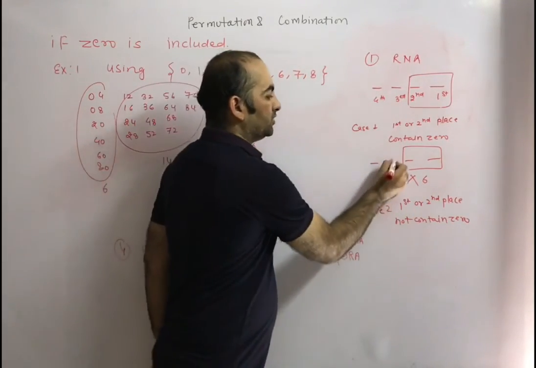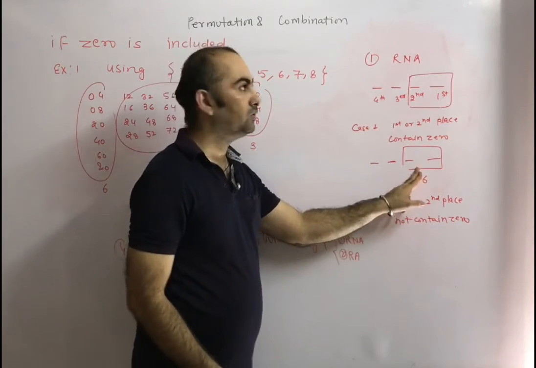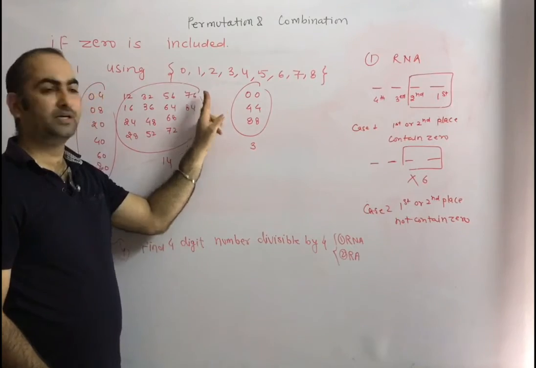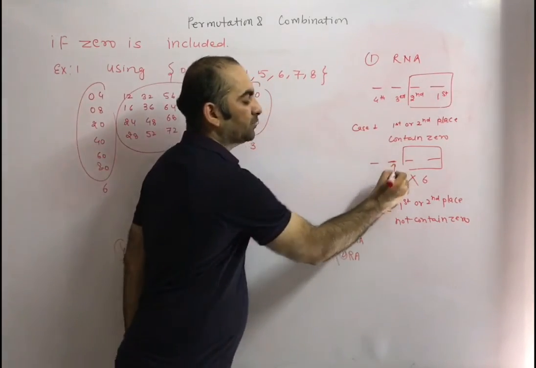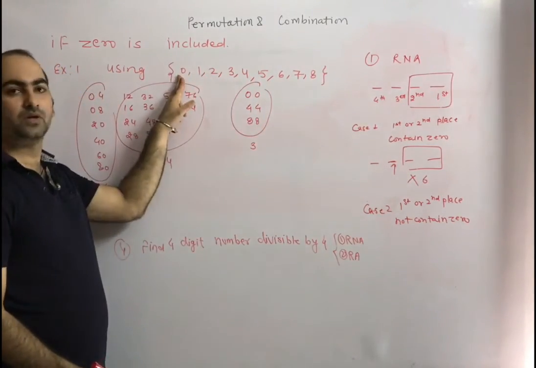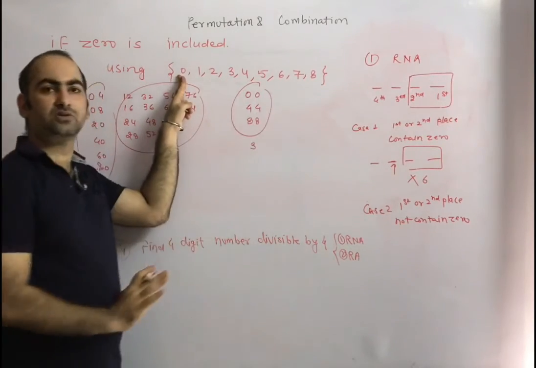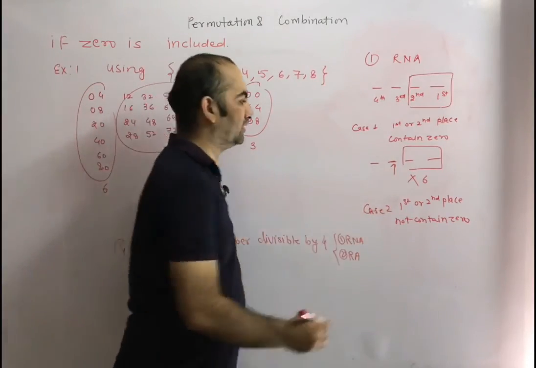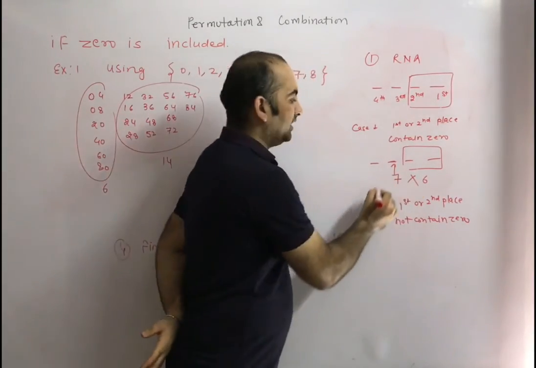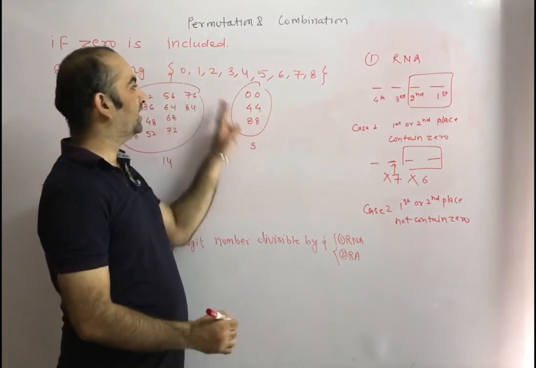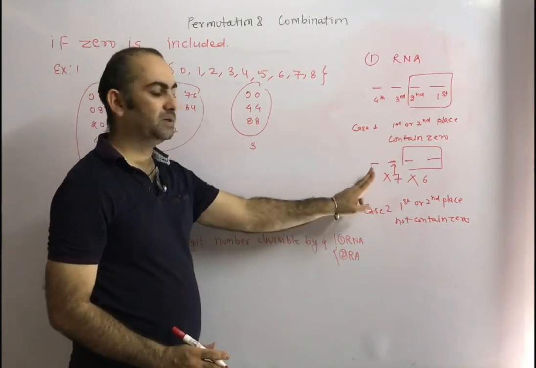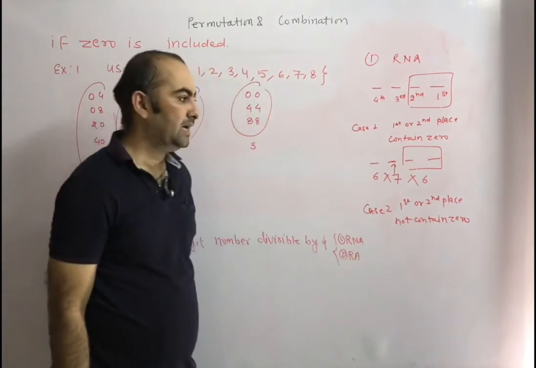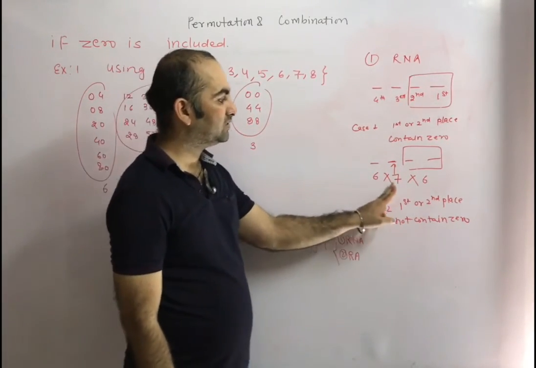Now 0 is gone here. Correct? So 0 is gone, and out of these numbers one number is also gone. That means for this place how many numbers can we put? Out of 8 numbers one number is also gone, then remaining is 7 numbers. So how many choices do we have? 7. Again multiplication. Out of 9 numbers, 3 numbers are gone. That means for filling the 4th place, how many choices do we have? 6 choices. So what is the answer? 6 into 7 into 6.